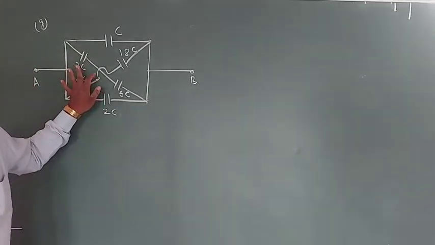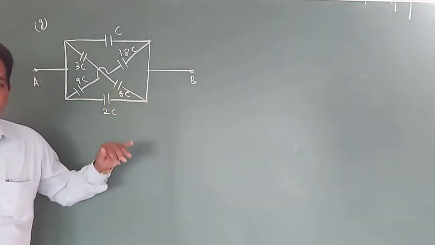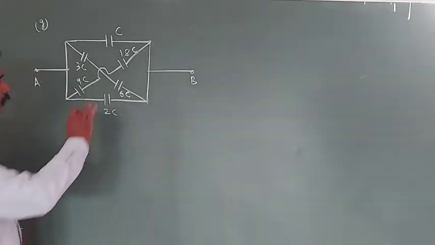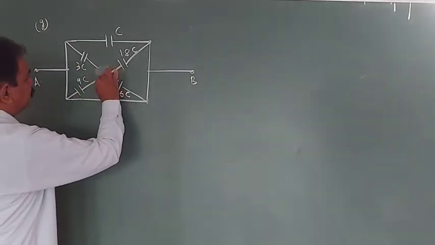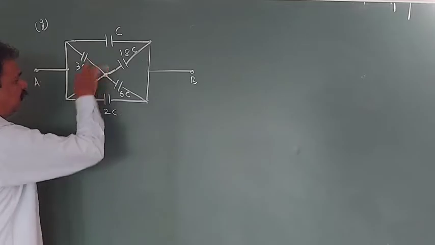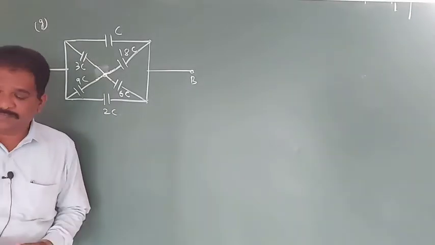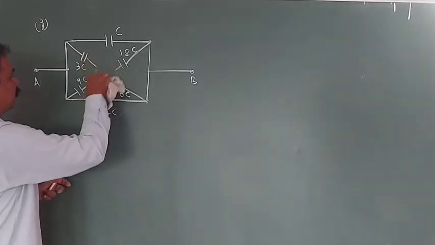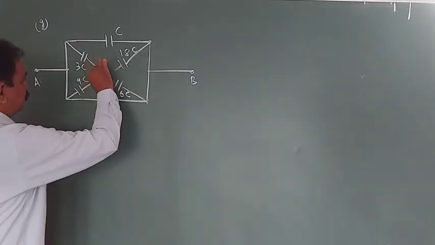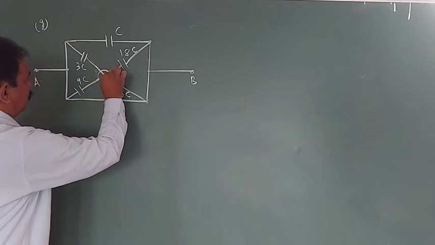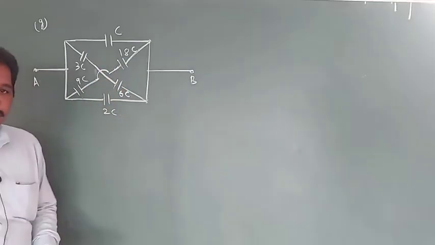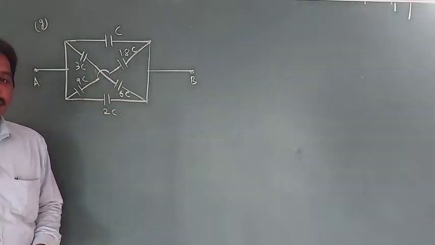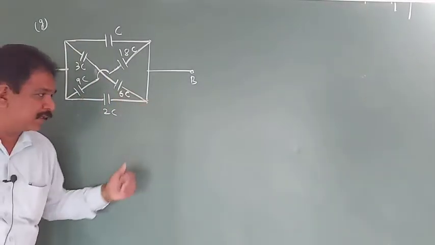Here, if the wire is like this, this is called swapping. There is no connection between this wire and this wire. If the wires are like this, here these two wires are joined, like that we have to understand. Here the wire is like this, which means swapping. There is no contact between these two. Then try to solve this circuit.